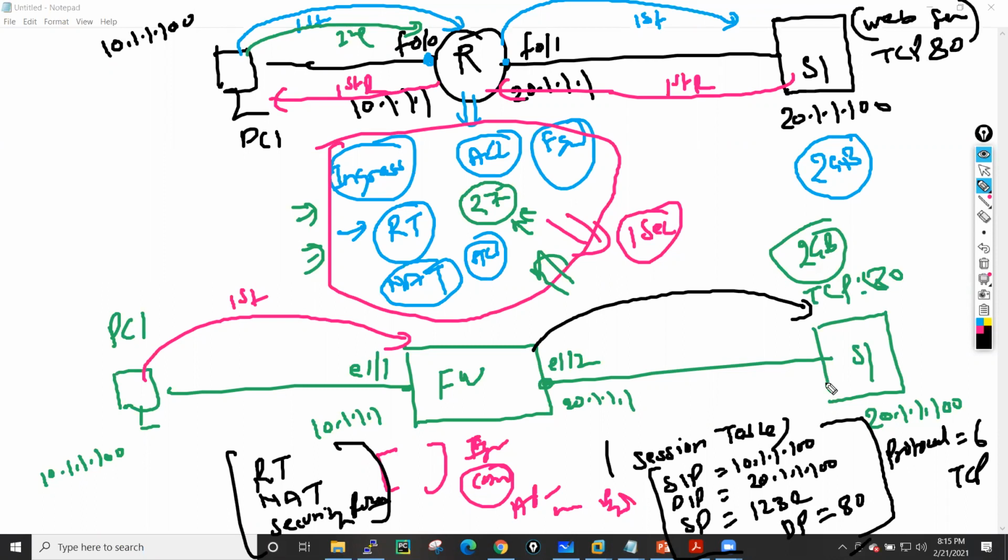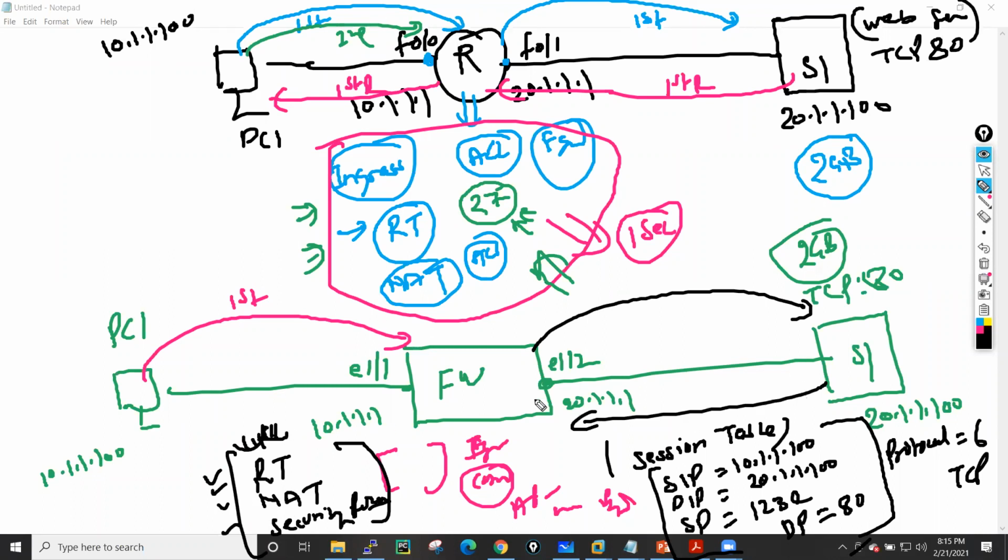Now, whenever this server gives the reply, it will bypass these 3 major checks. Apart from these 3 checks, there are also two or 3 more checks that happen, but I am not telling you that now. We will see them in a packet flow.